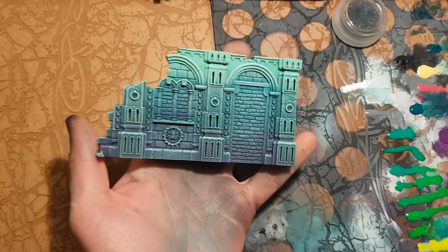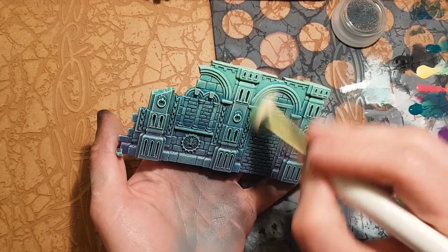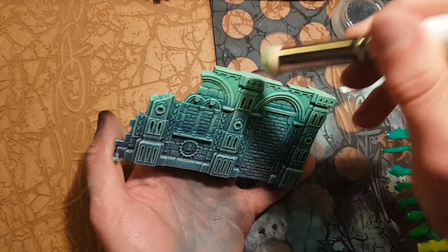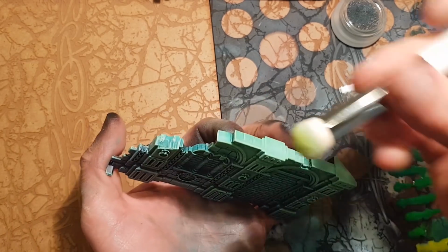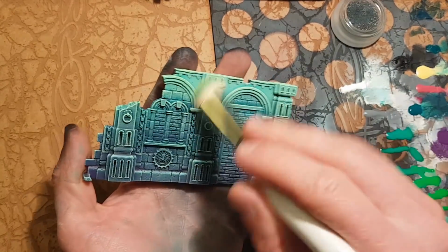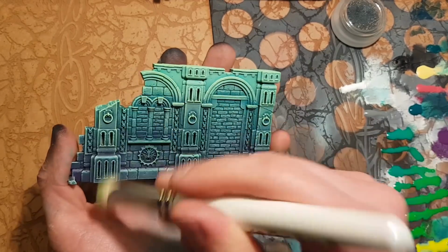So, and then let's see how it looks with just yellow, because we're worried that our model isn't bright enough currently. Right, that's the concern. There we go. So that's pretty much it. I'm not sure how long that took, but that is